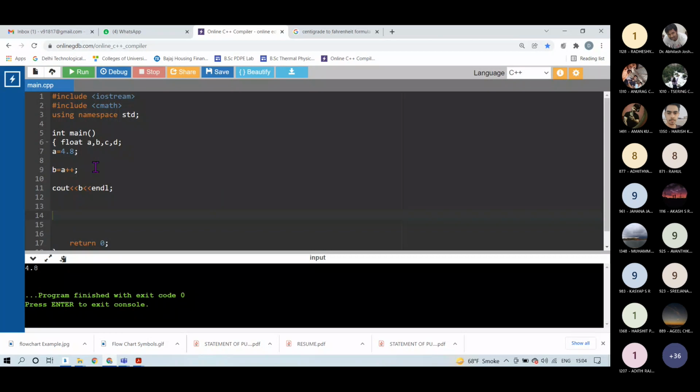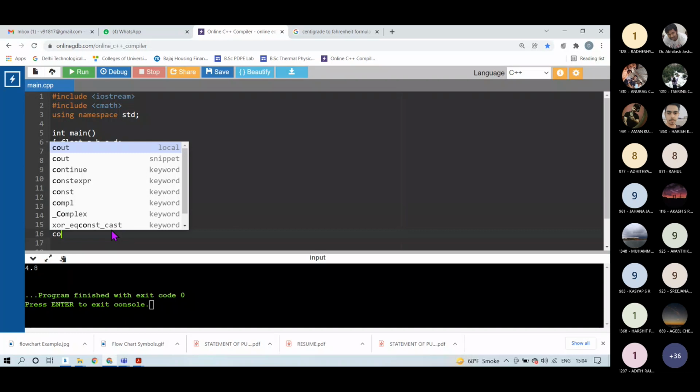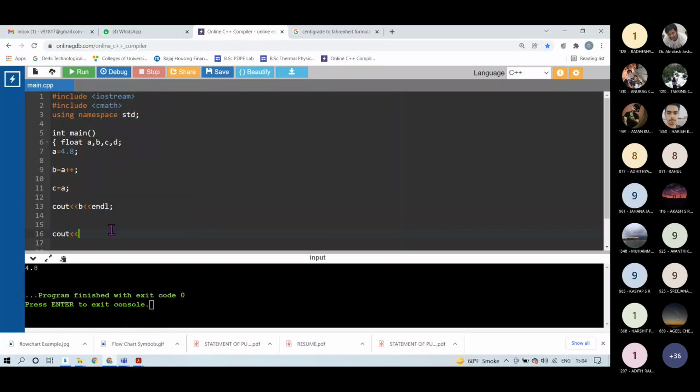Right? So let's say I take c is equal to a, and I also take the output of this variable c. So can you tell me the output of line 13 and 16? 4.8 and 5.8. Very good.